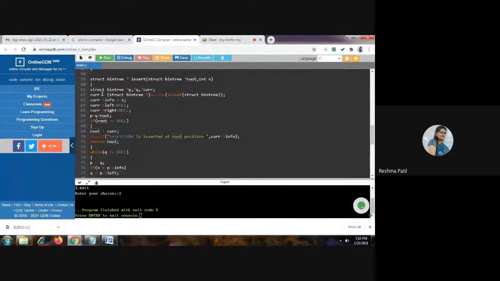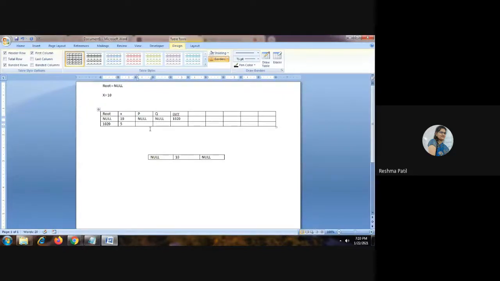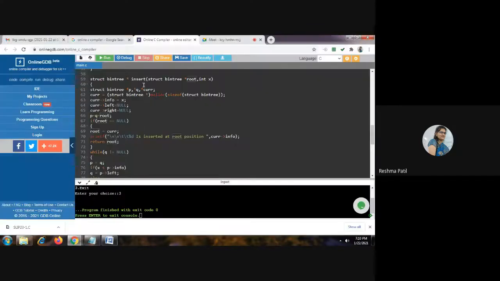Inside this, these variables are created again. That is local variables. It is empty now. Then here we are creating the structure, allocating the memory for the structure, and that memory allocation is stored into this current variable.